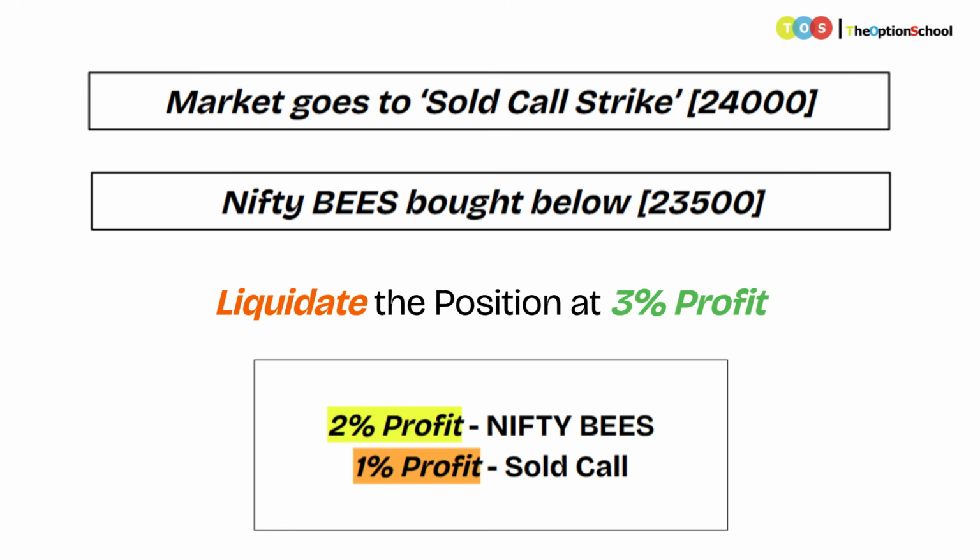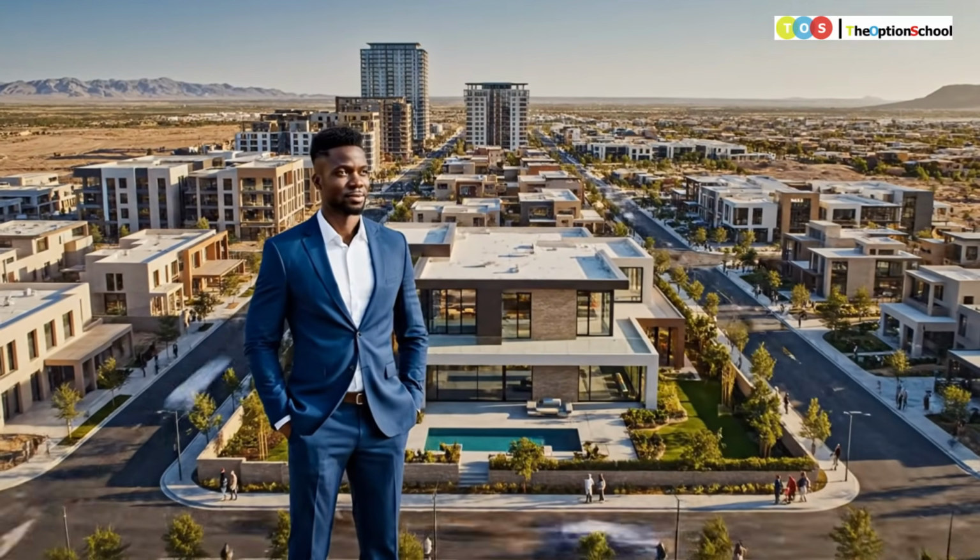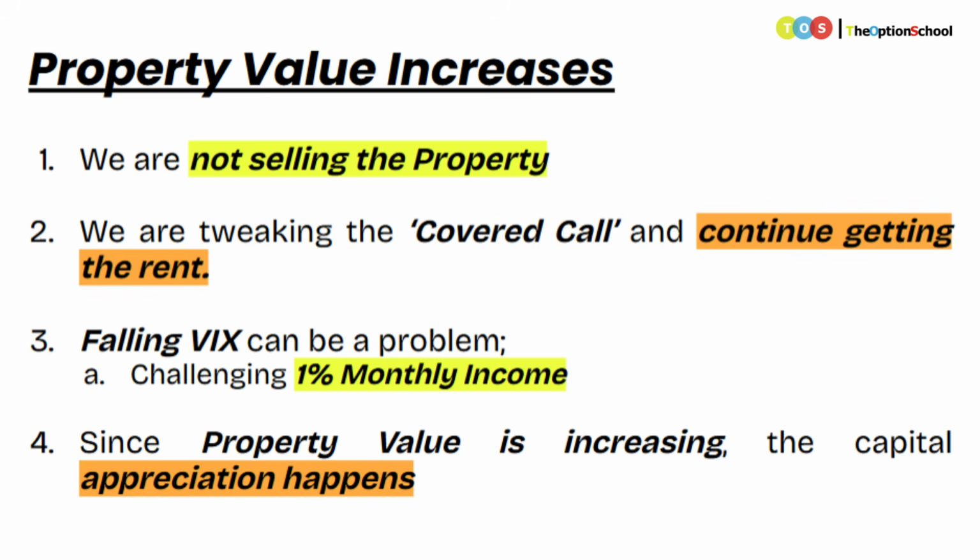But there are other ways also that a covered call can be adjusted. It is like, okay, if the property value has increased substantially, I'm not going to sell that property and stop earning that rent. So if the property value is increasing, I need to do a little bit of tweaking in my covered call strategy, and then keep on getting that 1% from my covered call every month. If VIX goes down, that 1% sometimes becomes challenging. It can be 0.8%, 0.75% also,